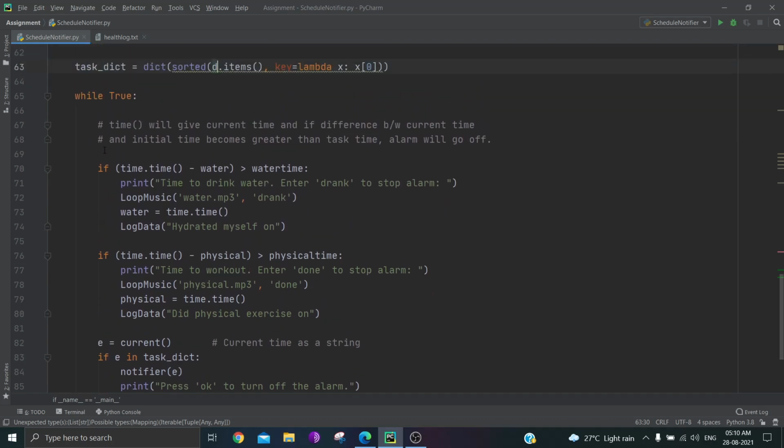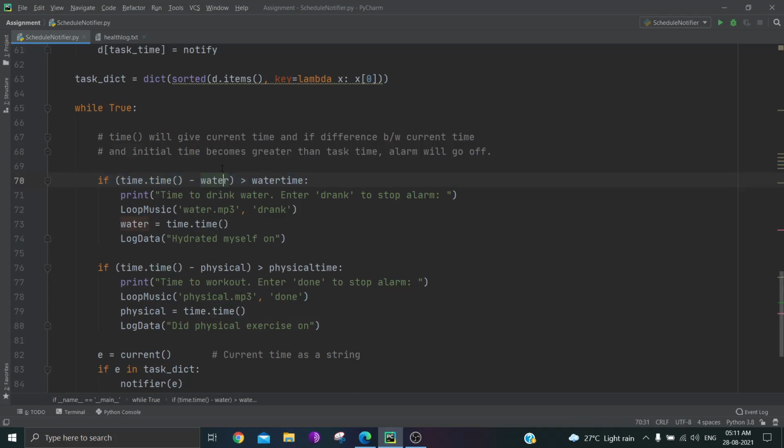As I've said earlier, this time minus water will display the time difference in seconds, similar to the duration the program has been running. So time.time is the current time and water is the initial time.